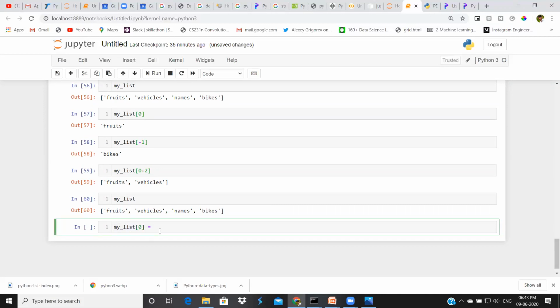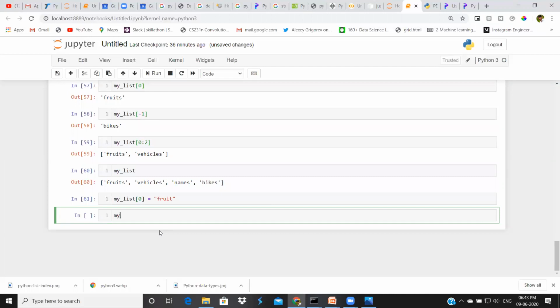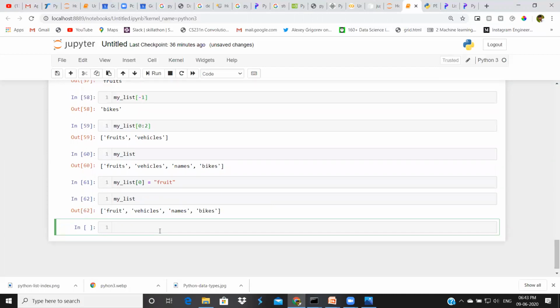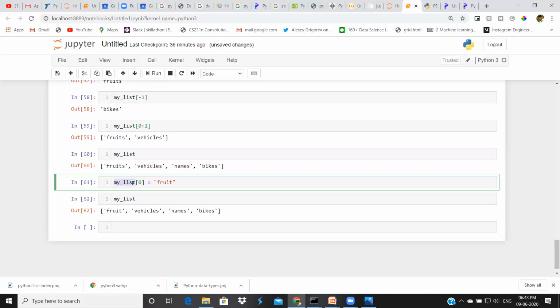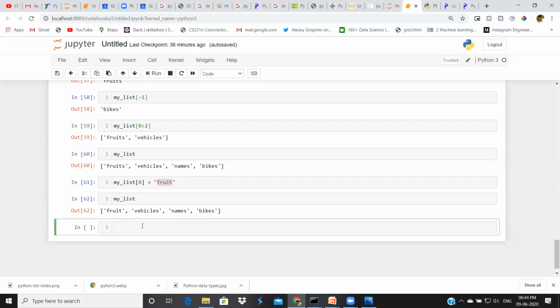Now I am assigning a new string: I selected the first element from my list and assigned a new string to it. So it got changed from fruits to fruit. In this way, we can update values as well.